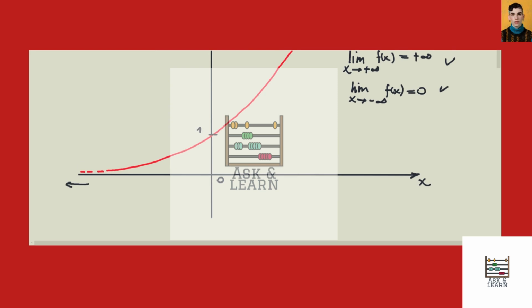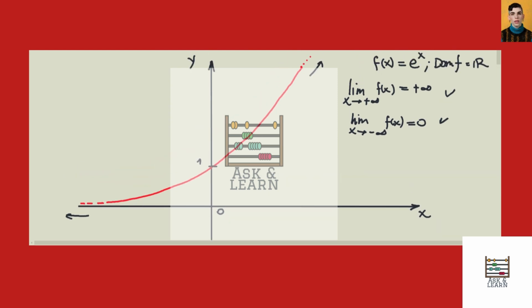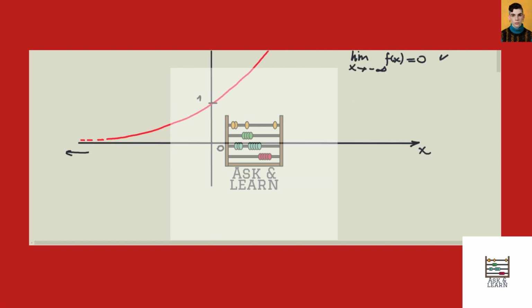Then with that, we can say that there is no highest point in the graph, because the graph is always getting up to the right. And because it has an asymptotic behavior near 0, that is approaching the value 0 when x is large and negative, we can say that when we move to the left of the graph, the function is always approaching 0. That is, it does not have a lowest possible value. For those reasons,